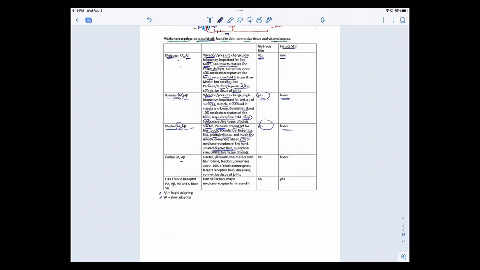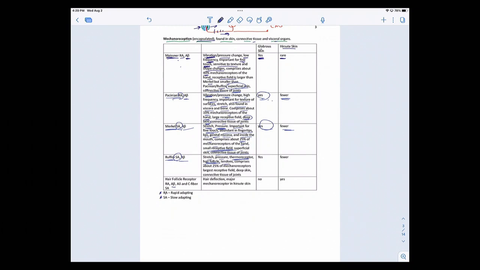And then the next one is going to be the Ruffinis, slow adapters, A betas. These again respond to stretch, to pressure. These can actually get in the act of sensing temperature, and we'll talk about that in a future block. You'll have these associated with hair follicles, and so the Ruffinis with hair follicles, if the hair follicle is deflected or bent, the Ruffinis in the neighborhood can then give you a sense of the direction that hair follicle is being deformed to. You'll find Ruffinis in your tendons.